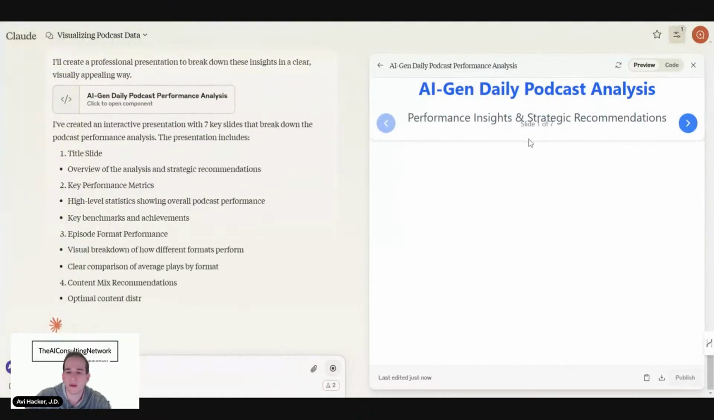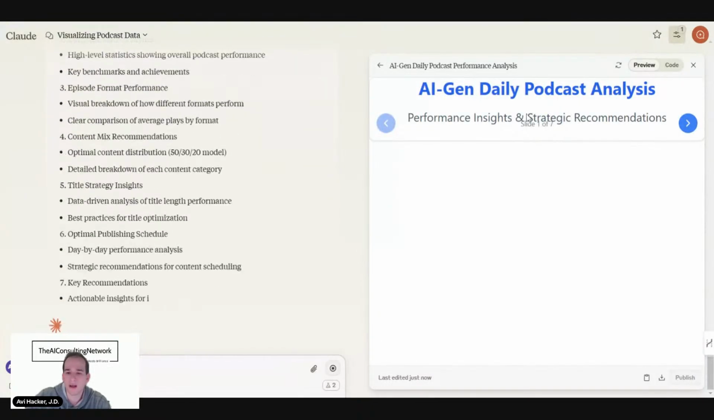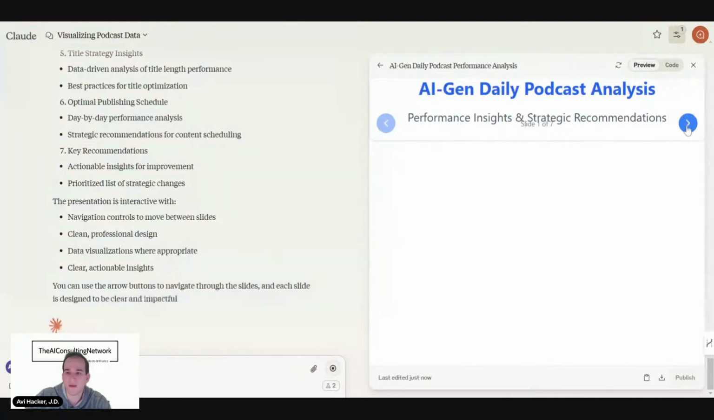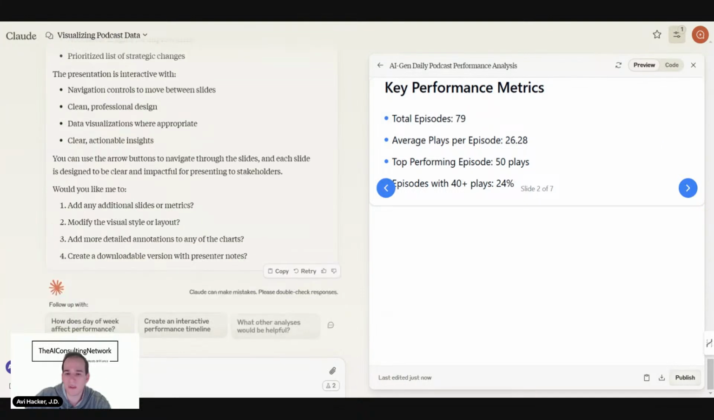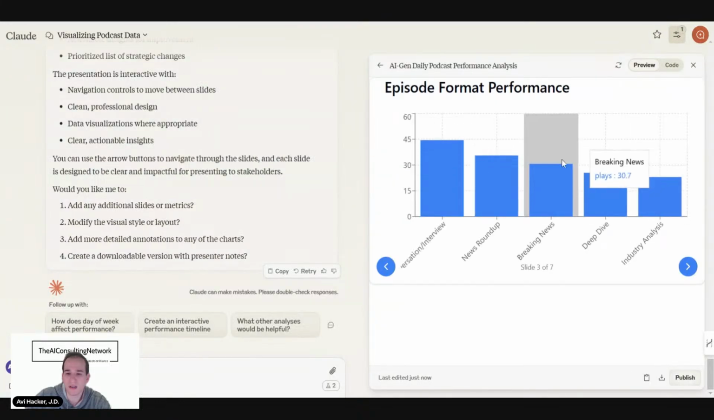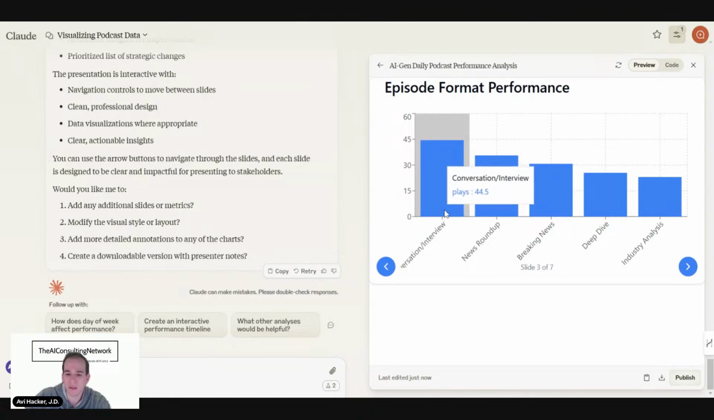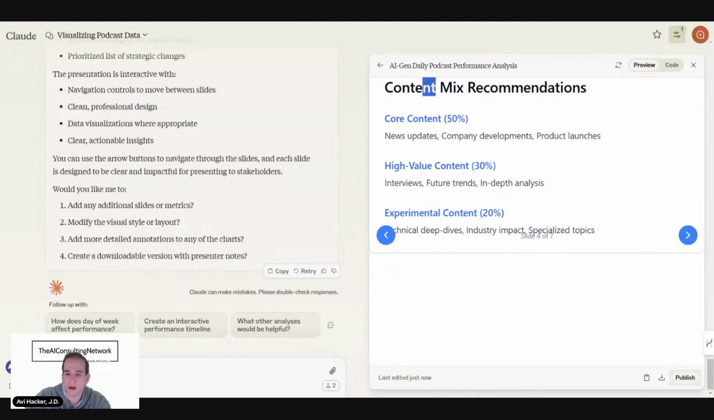Okay. AI Gen Daily podcast analysis. Okay, let's see what it gave me. Okay, key performance. It gave me the top 80 episodes. Okay, top performing 50 plays, episodes with 40 more plays, 24%. Episode format performance: a conversation, news roundup, breaking news, deep dive, industry analysis. Content mix recommendations: core content, high value content, experiment content,